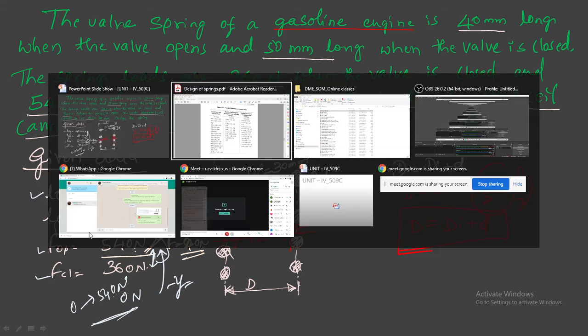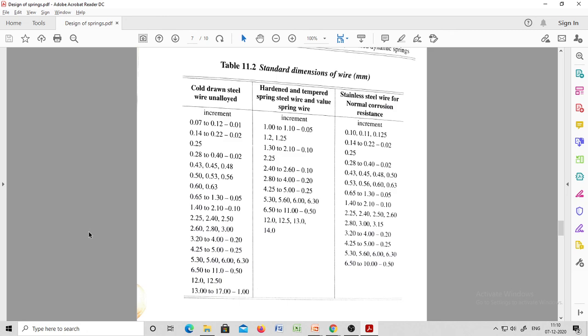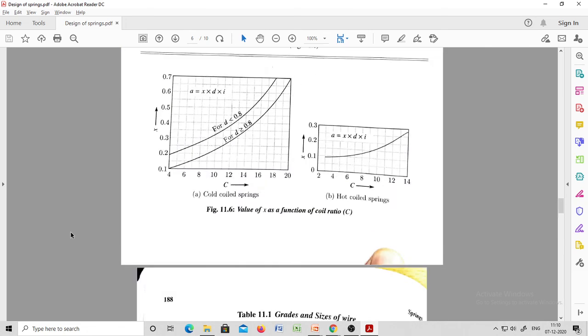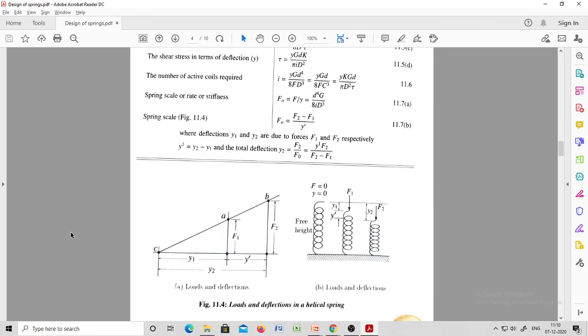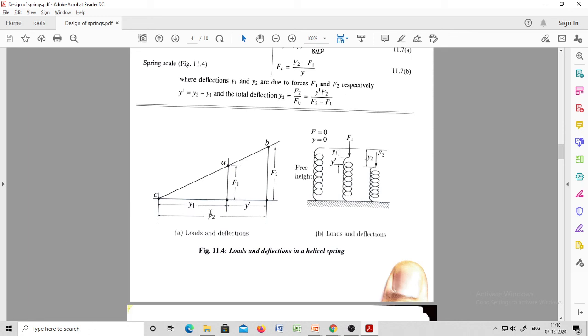Now let us note down here. Just observe here. Let us look. F naught equal to 0, y equal to 0. Now y1, y2.